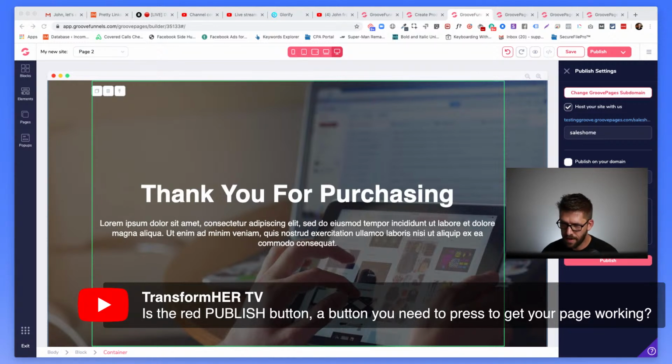So Matt says there's a red publish button, a button you need to press to get your page working. Let's see. I'm going to take this nice and slow. I want this to work. All right, so I'm hosting my site with GroovePages. I'm going to call this one